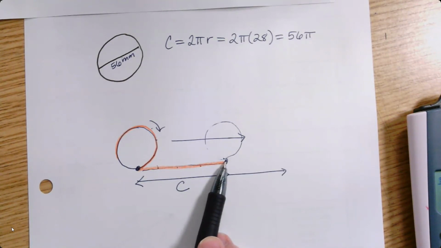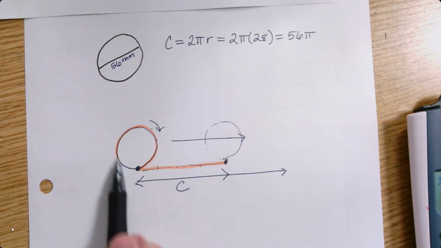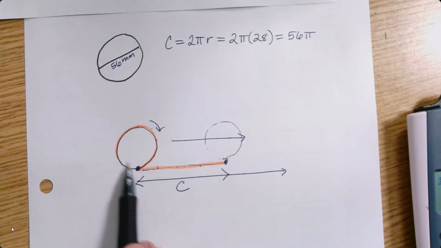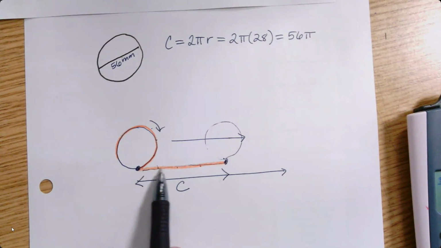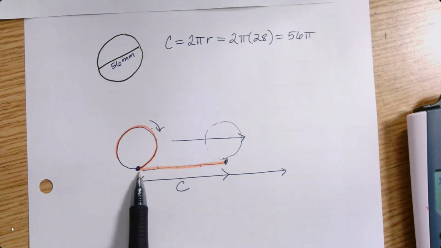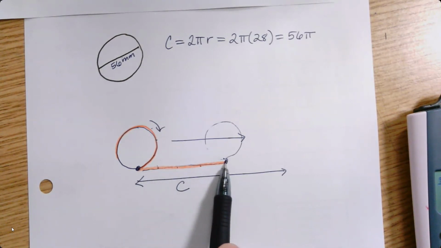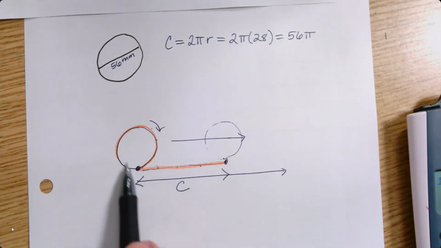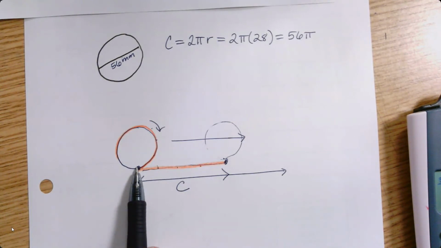So if they want to know how many revolutions, how many complete turns, that's like asking how many times does it do the whole circumference? Because one whole turn is like laying the whole circumference along the ground. You could think of it as having a big hoop, and it's been painted and it's wet. And as you roll it, it's laying out wet paint along the ground. And when it comes back to where it started, the line of wet paint on the ground is equal to the distance all the way around the circle, the circumference. Okay, so if we want to know